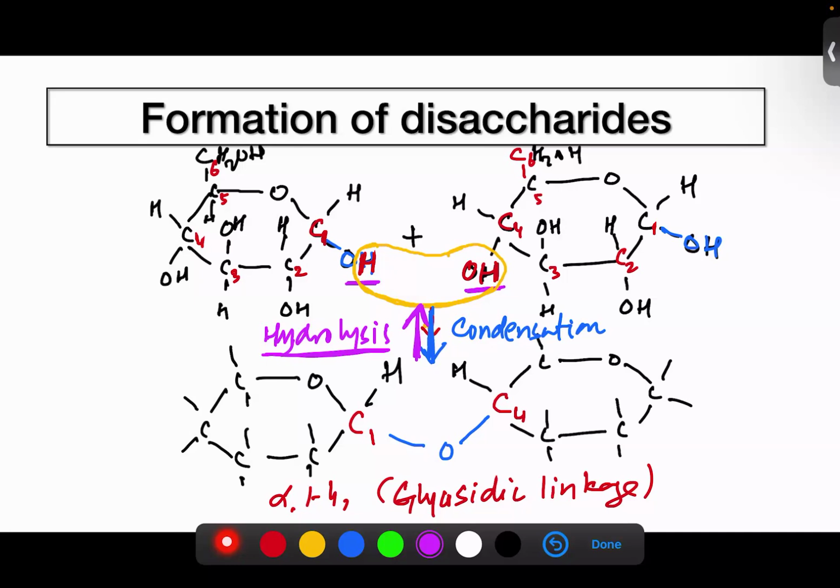So this is the structure of maltose, which is a disaccharide, and when it is broken down by hydrolysis, you see 2 alpha glucose are made in this case, right? So this is how disaccharides are made. Now, to look at the formation of sucrose,